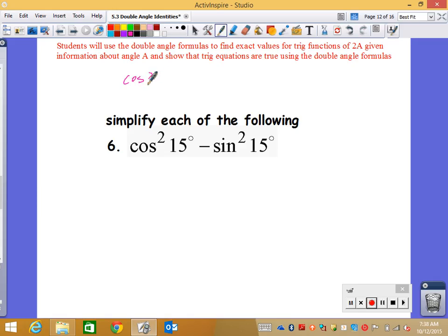The cosine of 2A, one of them happens to be cosine squared of A minus sine squared of A. So we're going to let 15 degrees be my A. Using this identity here, this becomes the cosine of 2A. Well, 2 times 15 becomes 30 degrees,